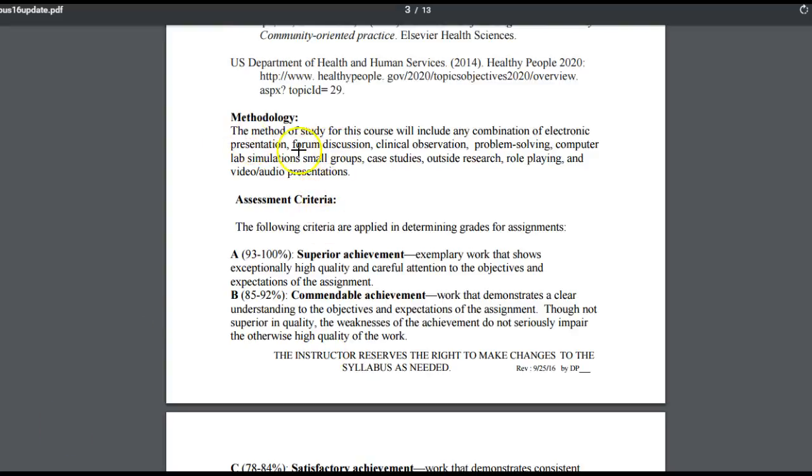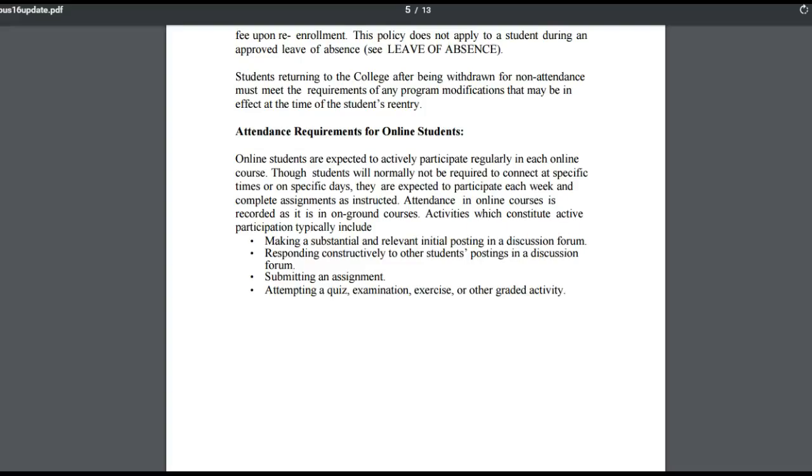Okay, so methodology, we're going to present things to each other. We have our forum discussions, clinical observation, case studies, etc. And here is the grading, grade point. The grading